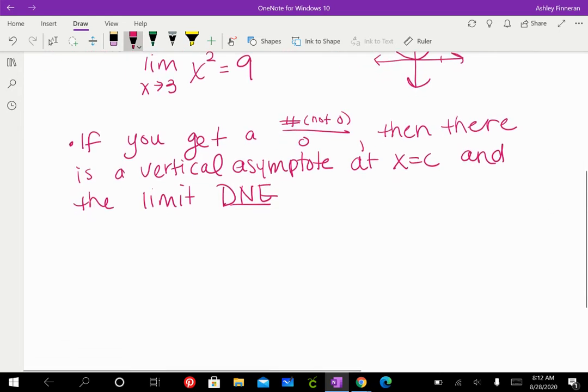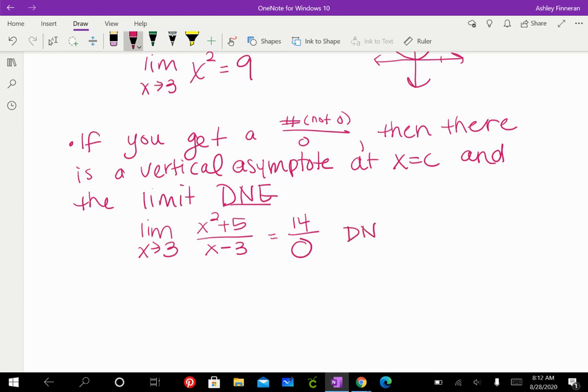So let's take a look at what that would be like. Let's say we take the limit as x approaches 3 of x squared plus 5 over x minus 3. If I plug in 3 to the numerator, I get 9 plus 5, which is 14. If I plug in 3 to the denominator, I get 0, meaning the limit does not exist. Now, the reason why I wrote this "not 0" right here, it's important that you recognize that a number over 0 is different from 0 over 0,